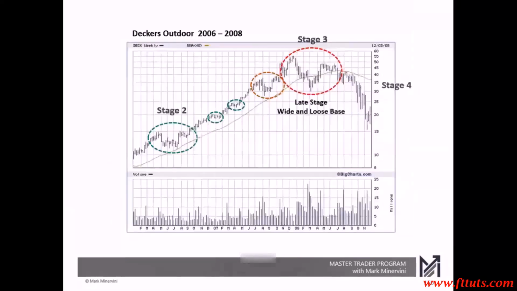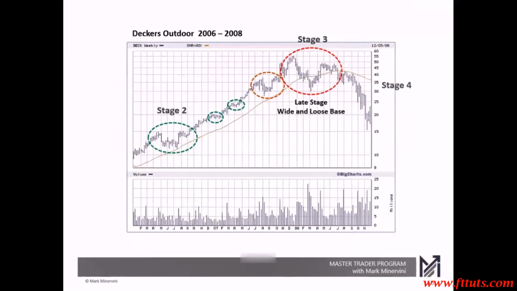You'll see this will happen also in late stage environments where you've got a stock that broke out and maybe it came off of a bear market. It's set up. This is Decker's Outdoors. I actually was buying this coming out of this base right here, and you got a few smaller flat bases. You got another base here, and now you're getting into those late stage, 4th, 5th, 6th stage bases, and they get wide and they start undercutting the 200-day. Again, you're going to get those very deep cups, and those are going to be wide, loose, and